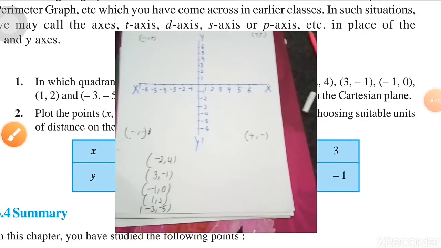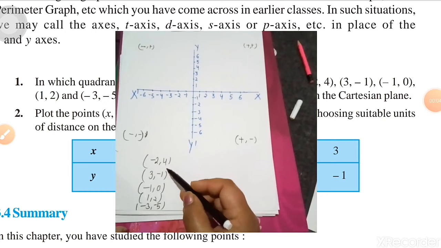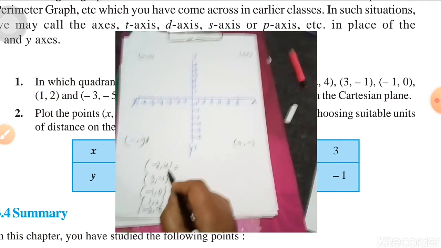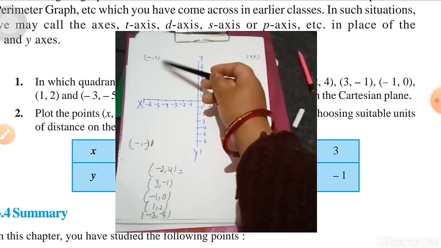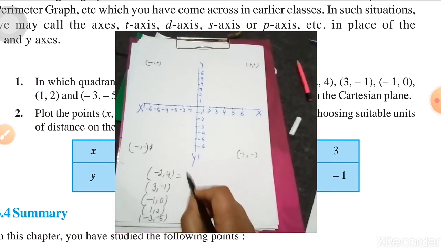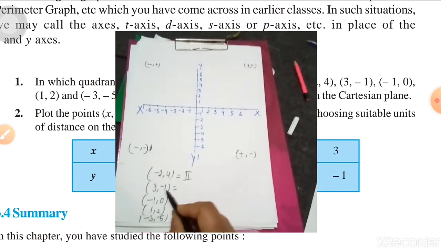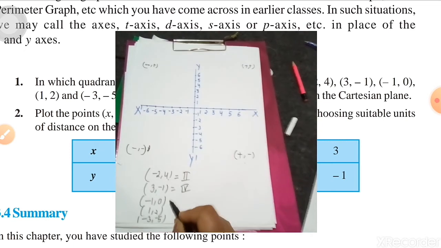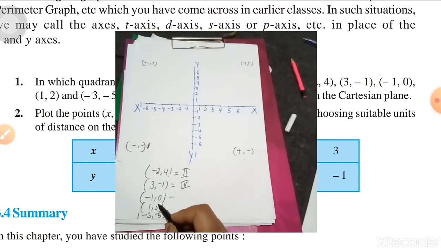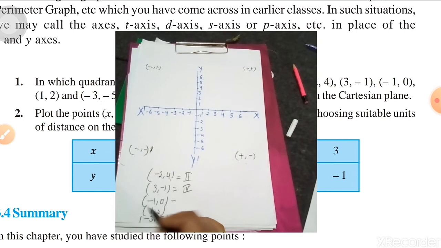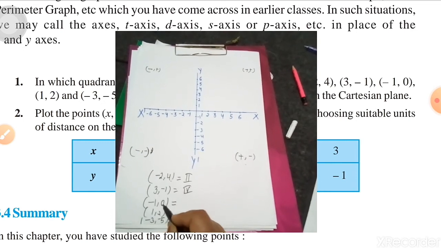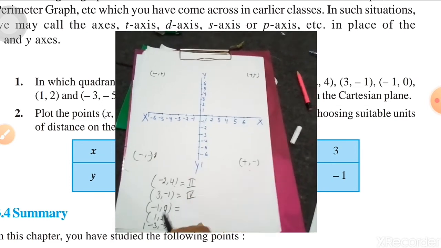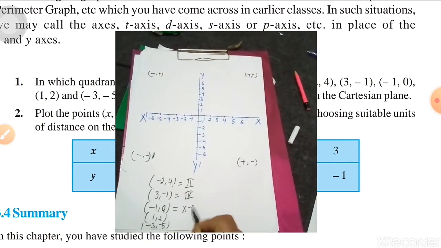Now you can see that we have to tell which quadrant these points will lie on. As you can see, it's minus plus type, and minus plus type coordinates come in the second quadrant, so it will lie on the second quadrant, and this plus minus type lies on the fourth quadrant. But you have to see it very carefully: this one will not lie in any quadrant, because there is 0 in the y-axis, which means you are moving along the x-axis only, not along the y-axis, so it will lie on the x-axis.